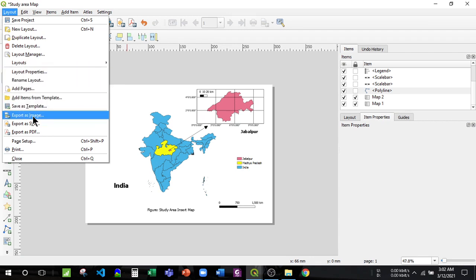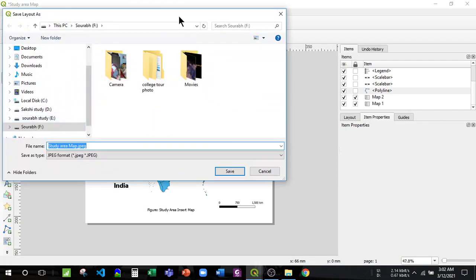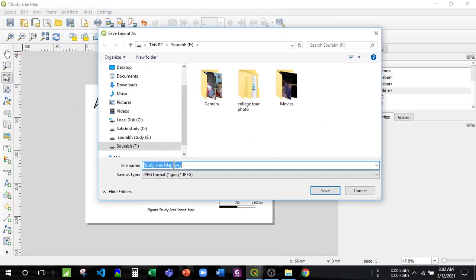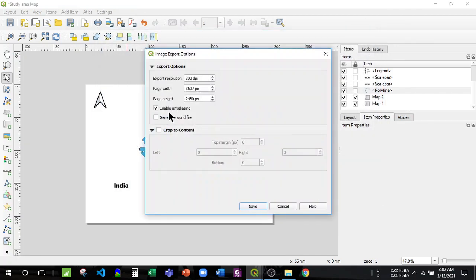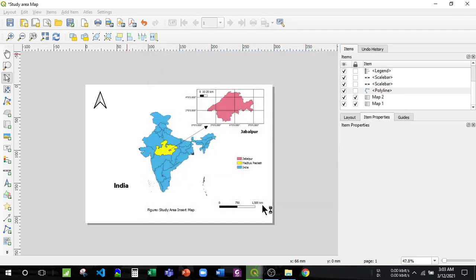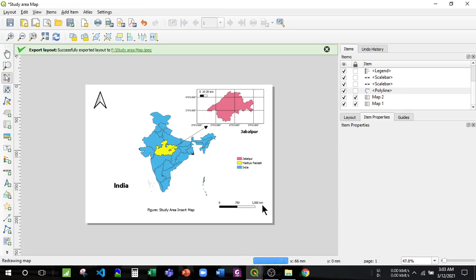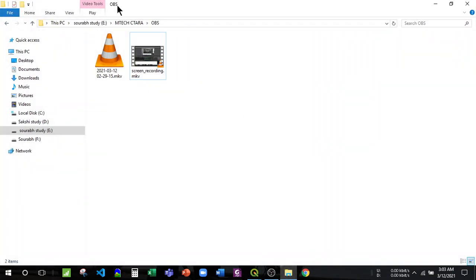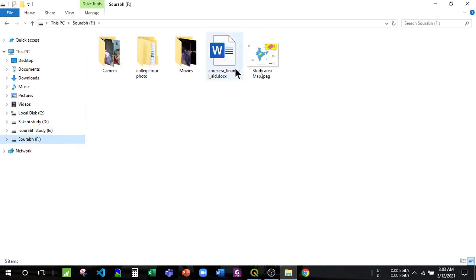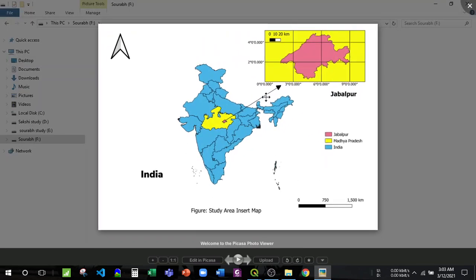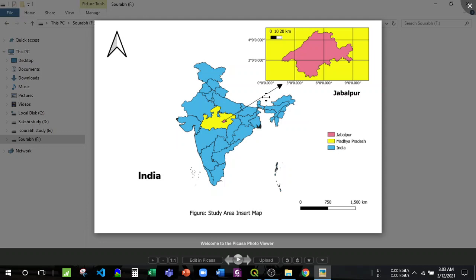Let me export this as an image, and I will type the name, see, and then clicking the save button. See, now my work is saved over here. See, this is the resulting required file.